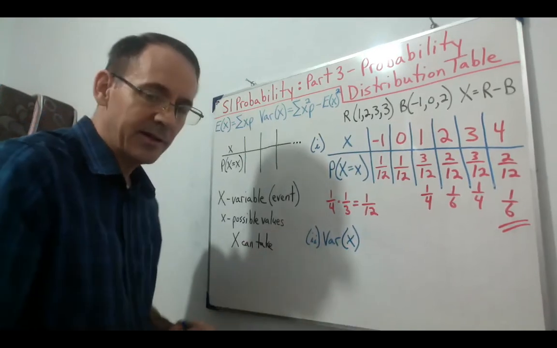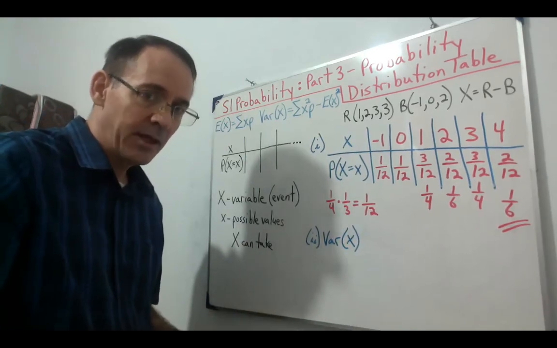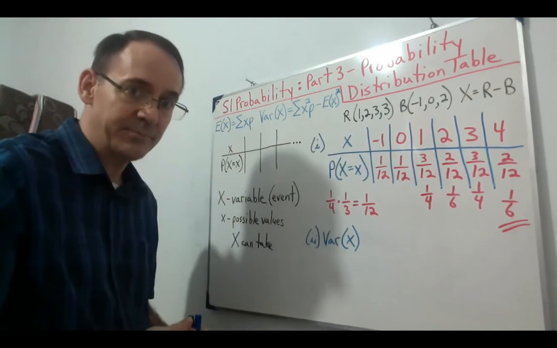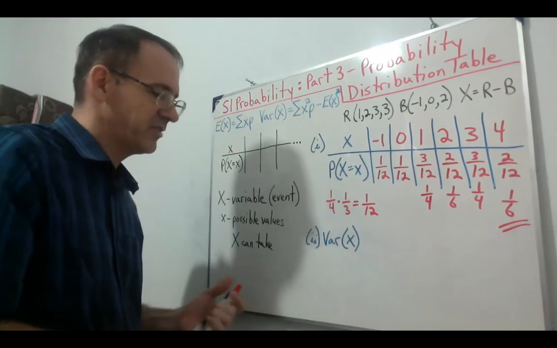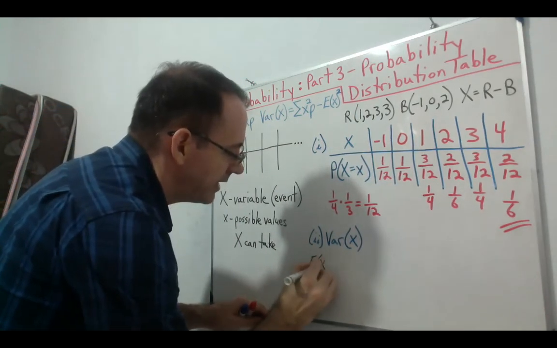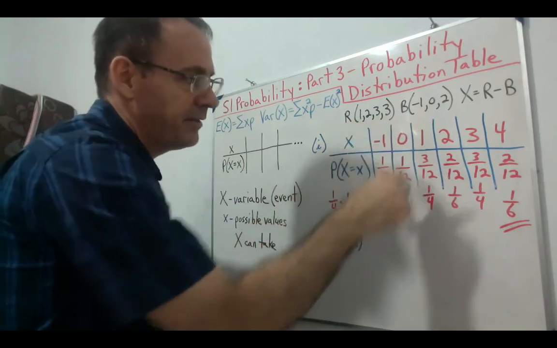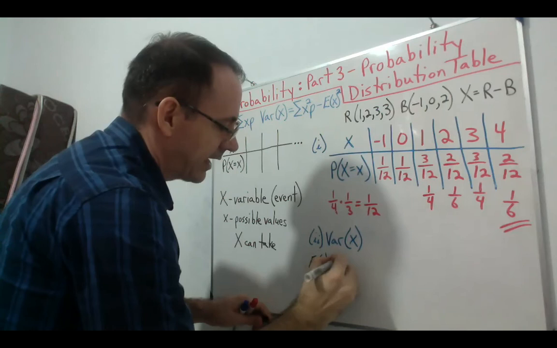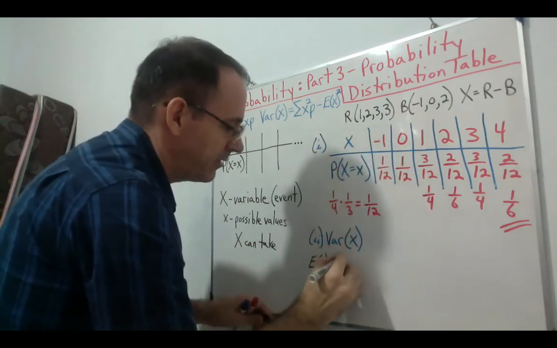Now we want to come up with the variance. But in order to do variance, you have to have the expected mean. So let's do the expected mean first. So the expected mean is multiplying these all together and adding them up. So we get a negative 1/12